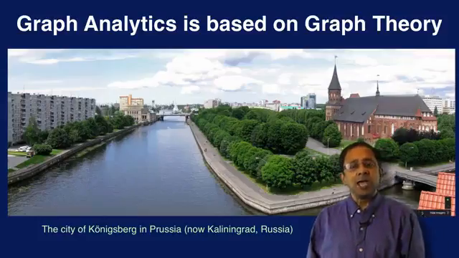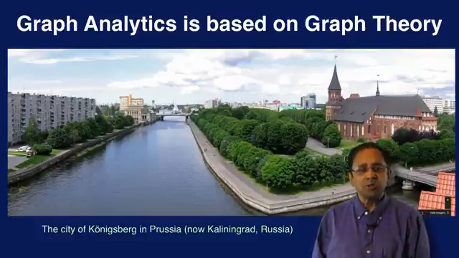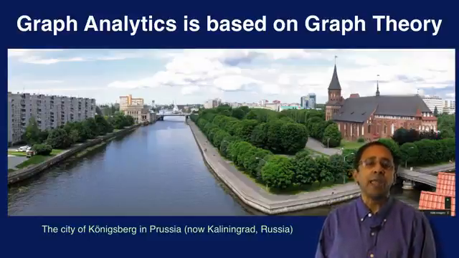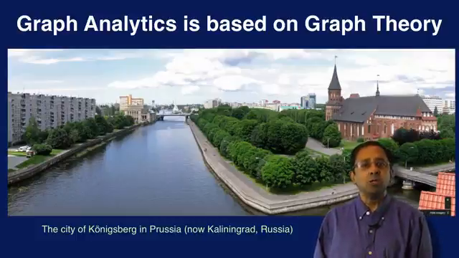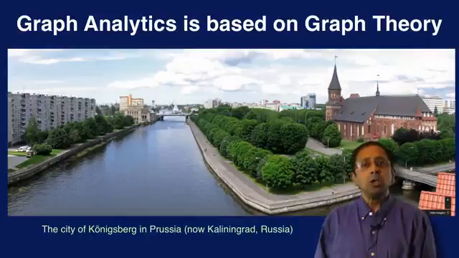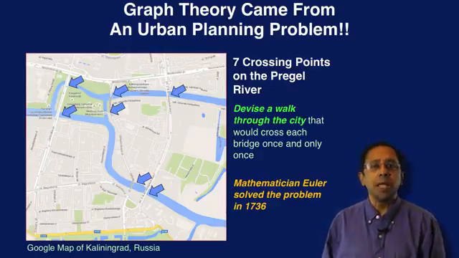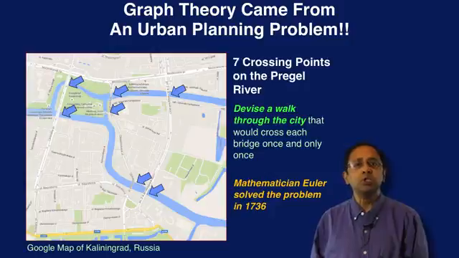Graph analytics has its basis in a branch of mathematics called graph theory. What's more interesting, however, is that graph theory was born out of a very practical problem. The problem started in a very old city in Prussia, which is now in Russia, called Königsberg. If we look at it in Google Maps, it would sort of look like this. One of the interesting features of Königsberg is that it has two islands, and these islands are connected by 7